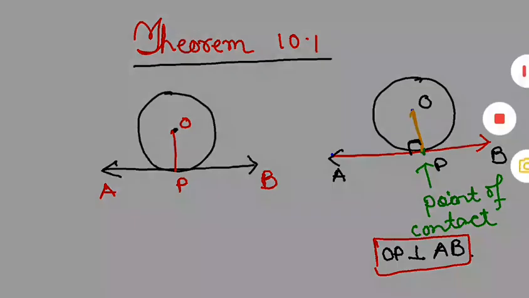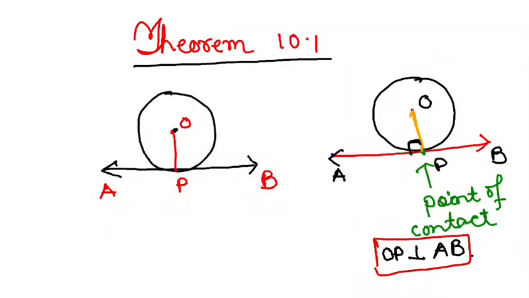So let us assume that there is a point Q anywhere on AB. Q can be taken anywhere. So the Q lies outside the circle and P is on the circle. Right? Listen to me very carefully. The Q is outside the circle and P is on the circle. So out of OQ and OP, which is larger? Obviously OQ is larger because Q is outside the circle.